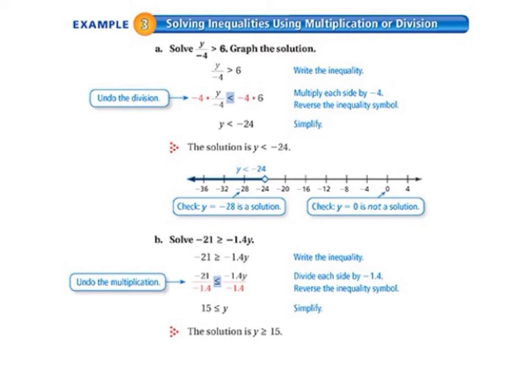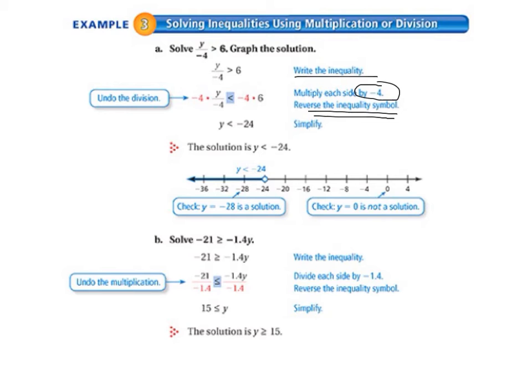Example 3, we're still solving inequalities using multiplication or division, but now we have to be really careful because we're dividing or multiplying using a negative number. So letter A says solve y divided by negative 4 greater than 6 and graph the solution. So we write the inequality